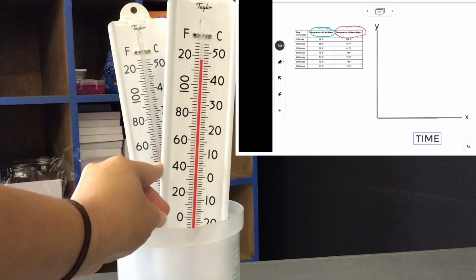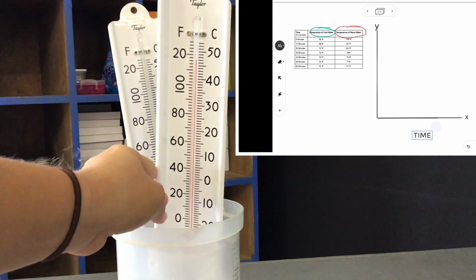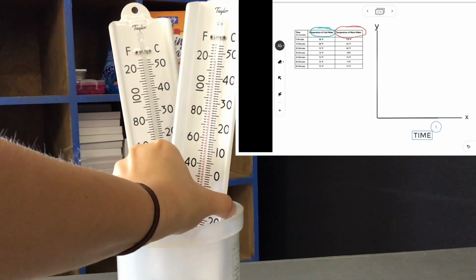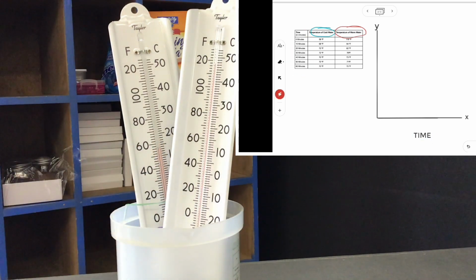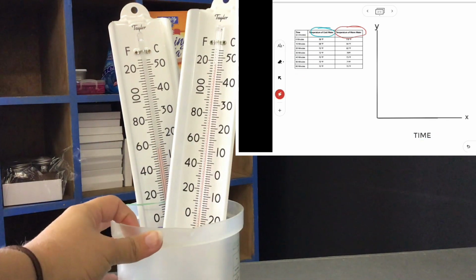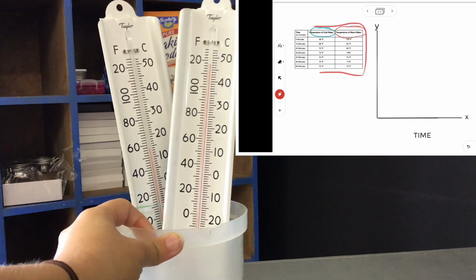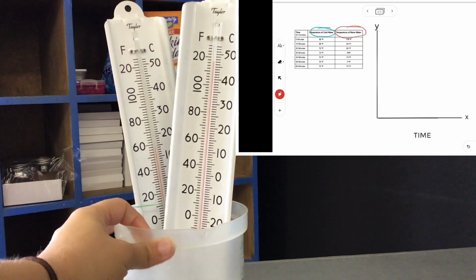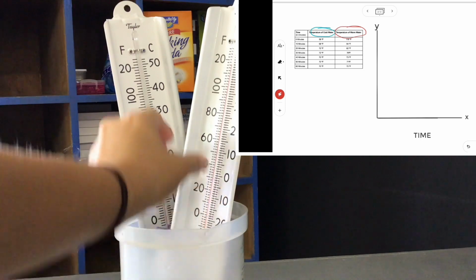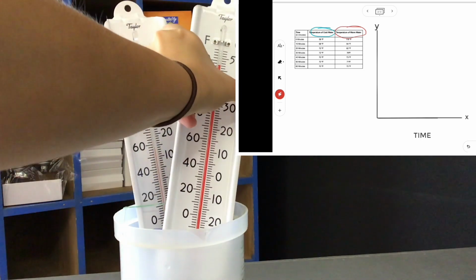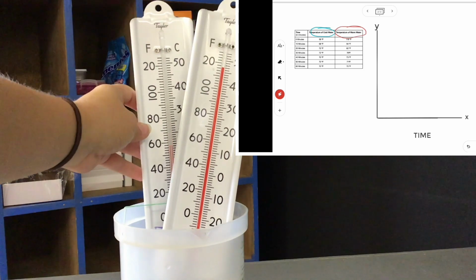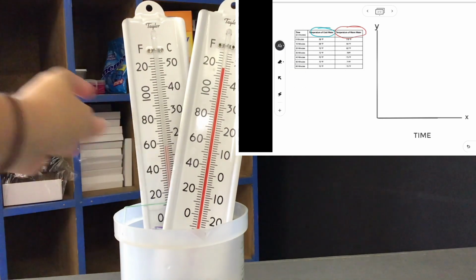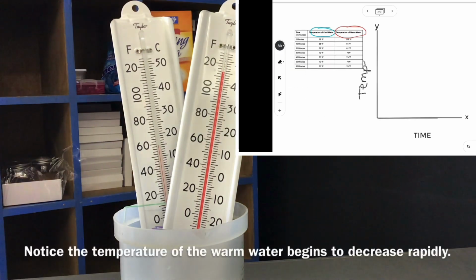So along the x-axis, we're going to put time. It's the independent variable because we can't change how fast time goes by, and the temperature will be on the y-axis because it is the dependent variable. The change in temperature is dependent on the rate in which the heat is transferred from one cup of water to the other. So the temperature is dependent on how fast it